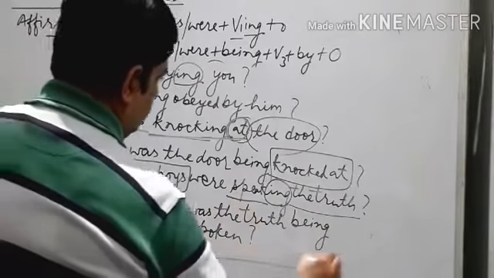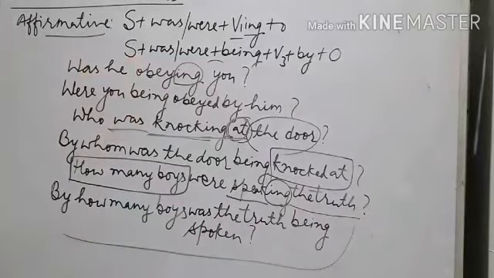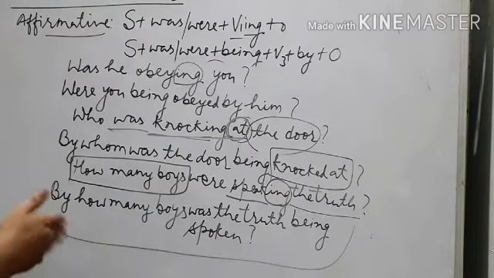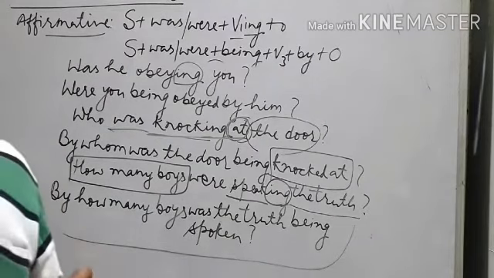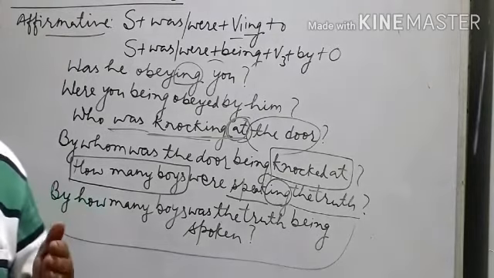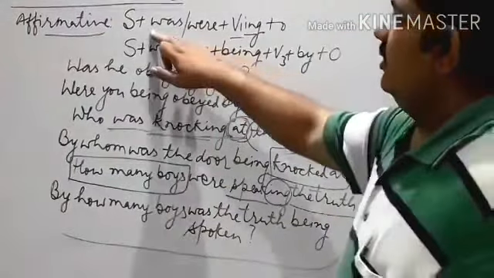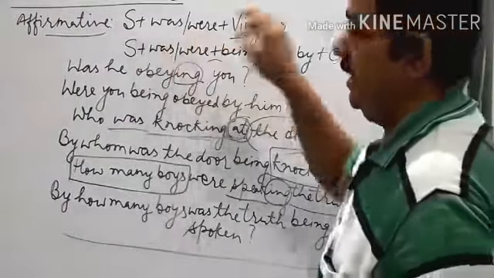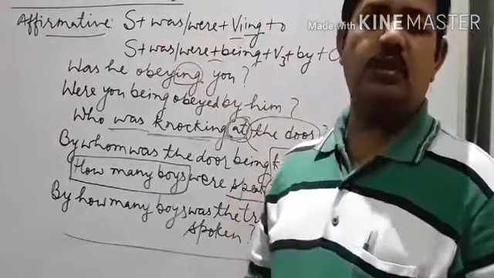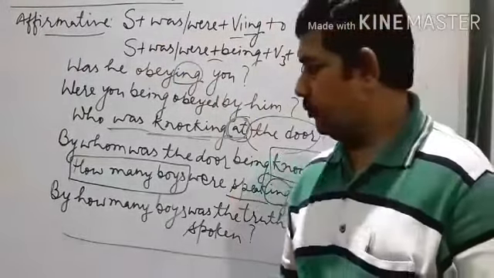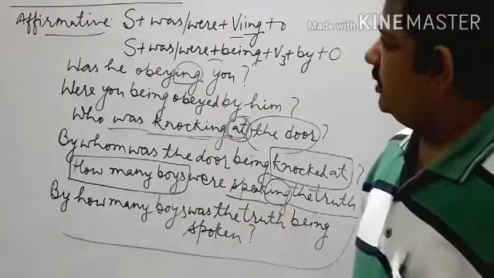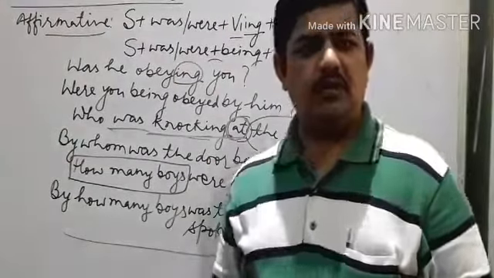Okay, so this is a very easy way to deal with past continuous and present continuous. I have already told you rules are quite similar when you change from active to passive. The only difference is of helping verb. In present continuous we use is, am, are and in past continuous we use was, were. Other things quite same. I hope you understood well these rules.